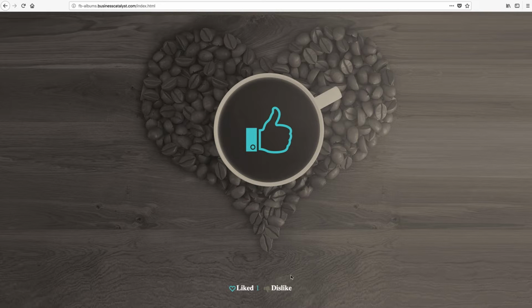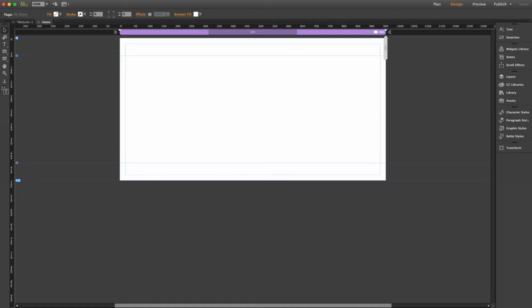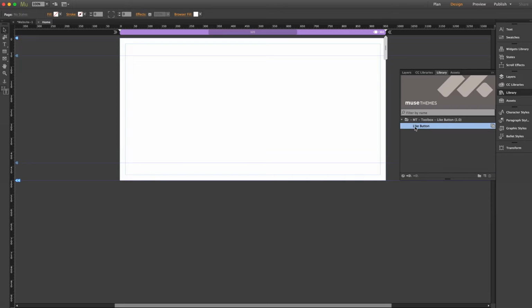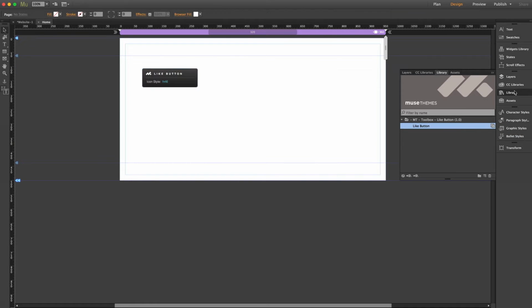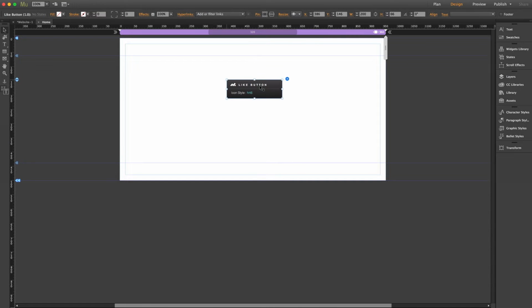So let's jump into Muse and take a look at how we get this thing set up in Muse and how we integrate it with likebutton.com. First thing we're going to do is drag the widget out from the library and drop it onto our page. Perfect. Now we can't do a whole lot until we get our likebutton.com account set up, but I want to